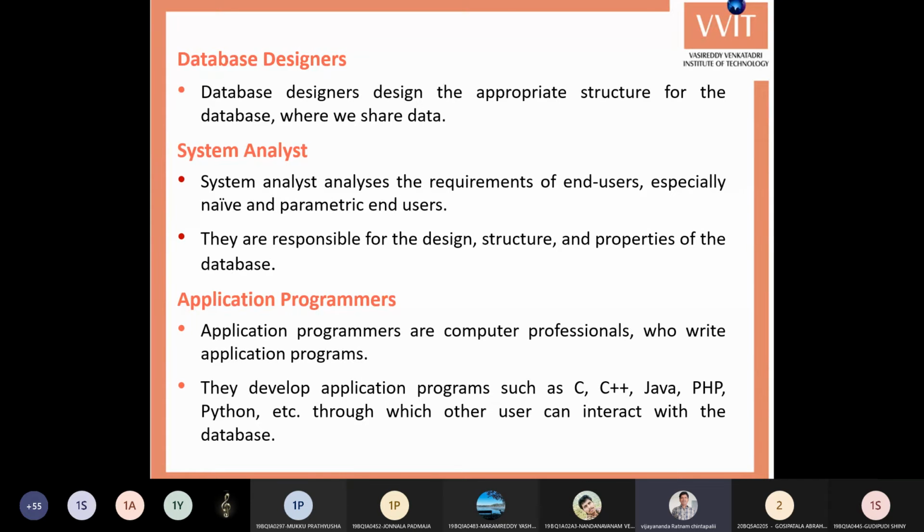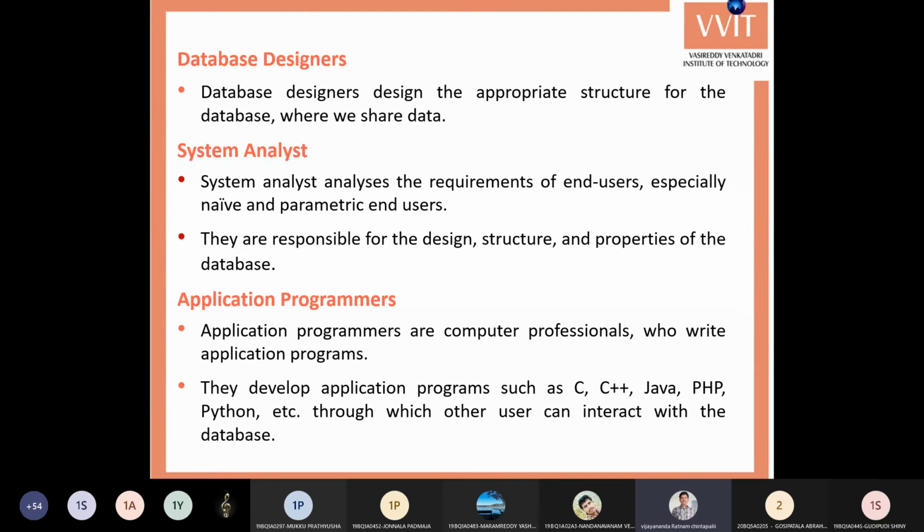All this information should be analyzed. This analysis can be performed by the system analyst. Once the analyst has analyzed this information, these theoretical values are converted into tables by the database designers. Database designers will create the table structure. Those table structures are turned into DDL commands by the DBA, the database administrator. So this is the way we solve the specific problem of creating a database for our organization.